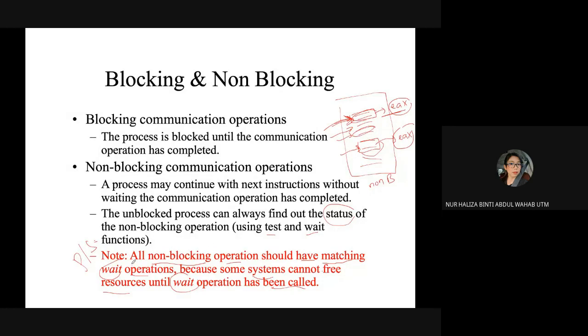That is why all non-blocking operations should have a matching wait operation, to know that some of the operations cannot free the resources until the wait operation has been completed or finished, right?